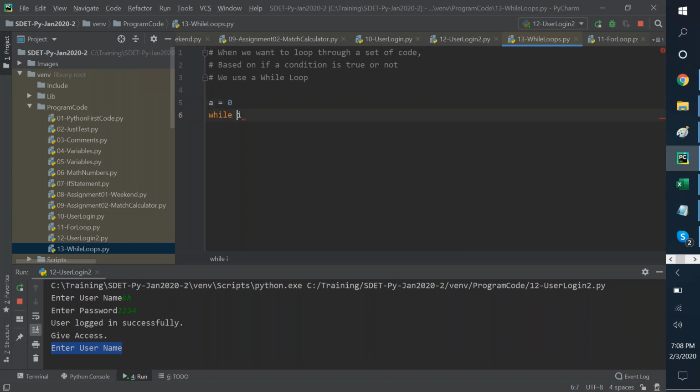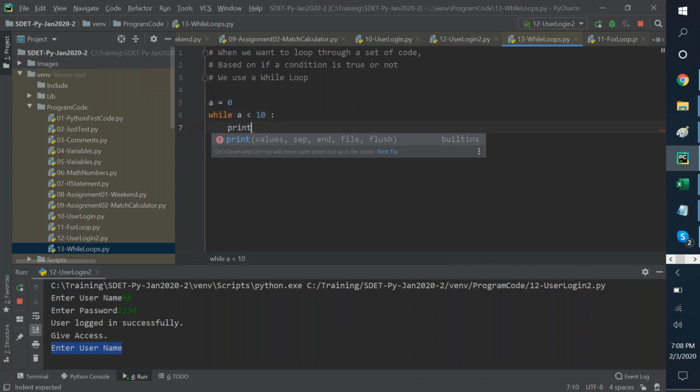Let us say I start with a is 0. While a is less than 10, print. I will still do the below. I'll say print, value of a is, comma a.